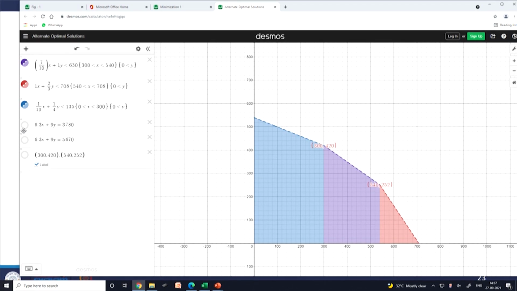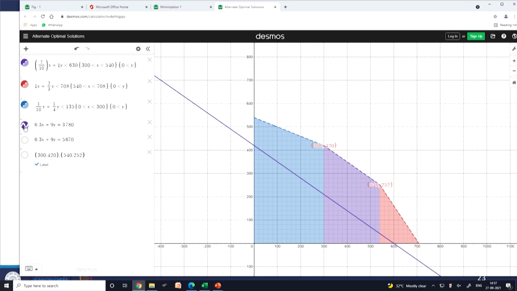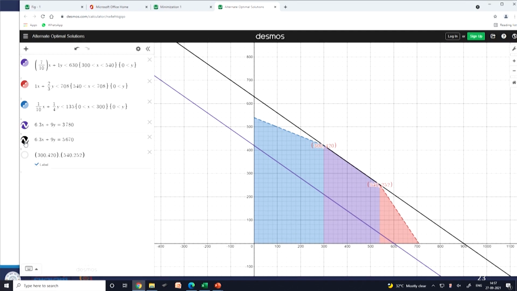So now if I plot, you see the first objective function value, the 3780 I have taken arbitrarily. So when I select another point, so what is happening? Now this black line, it is between these 2 points.